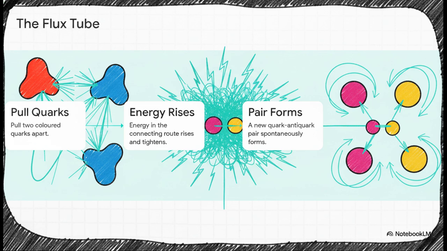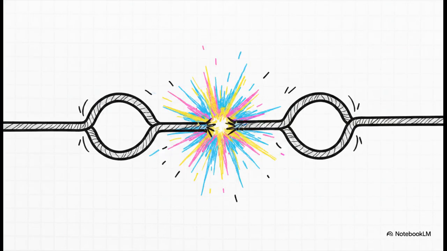Step 1, you grab two colored quarks and pull them apart. Step 2, the energy in the connecting cord between them rises exponentially and tightens. Now, your intuition probably tells you the cord should snap and leave you with two free quarks, right? Actually, no. In step 3, the energy in that cord becomes so intense that it condenses and literally creates a brand new quark-antiquark pair right out of the vacuum, which leads immediately to step 4, color-neutral closure is restored. The ends just snap to the newly created particles. It's a completely mind-bending reality.